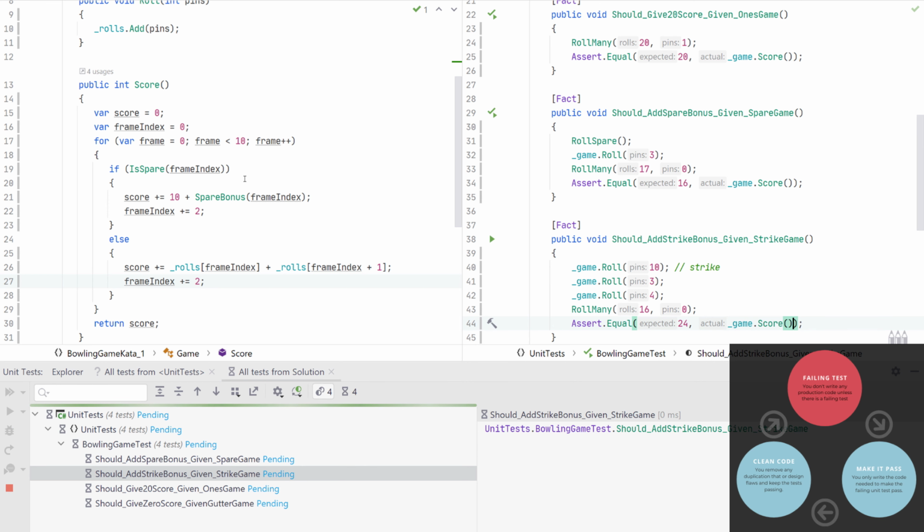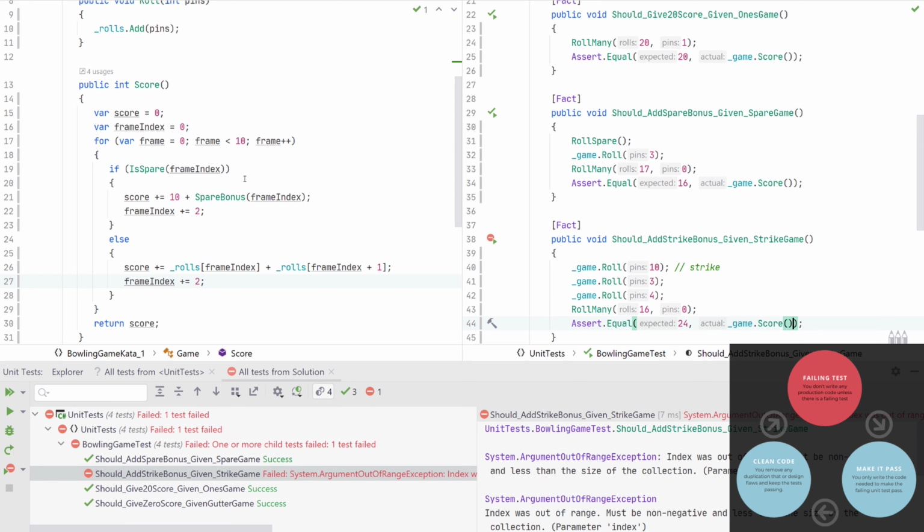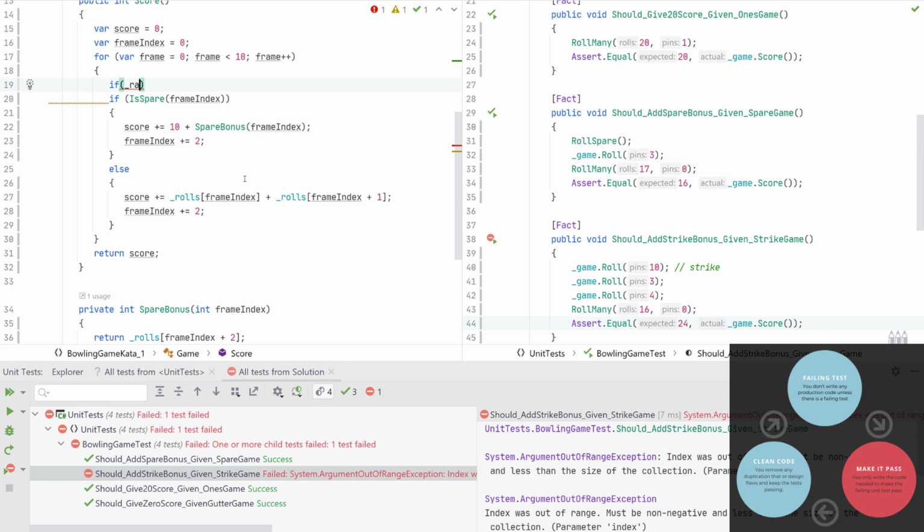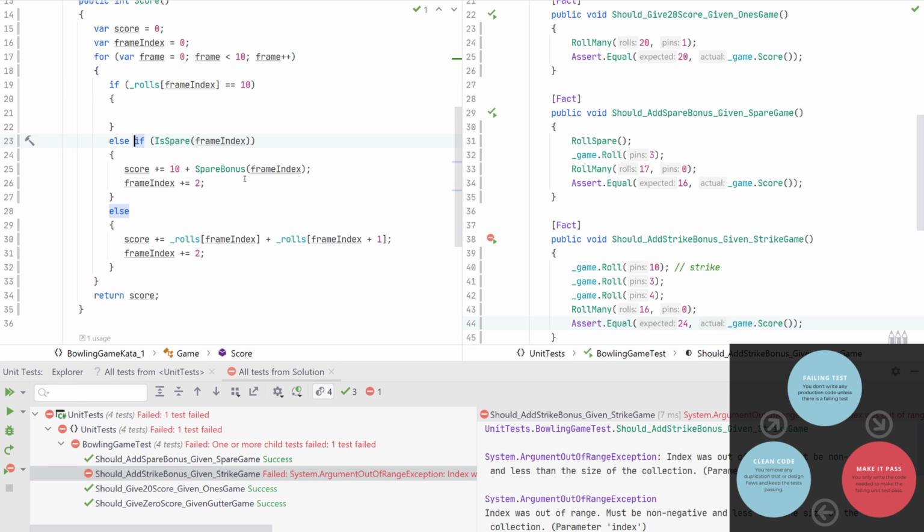So when we run this, we would expect to see that it fails. So now we can add again code to handle this case. So if we actually have a strike, then we want the score to be 10 for the strike itself.